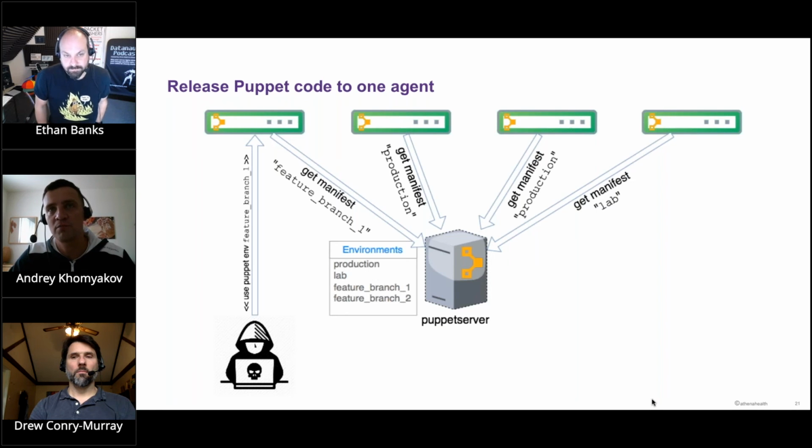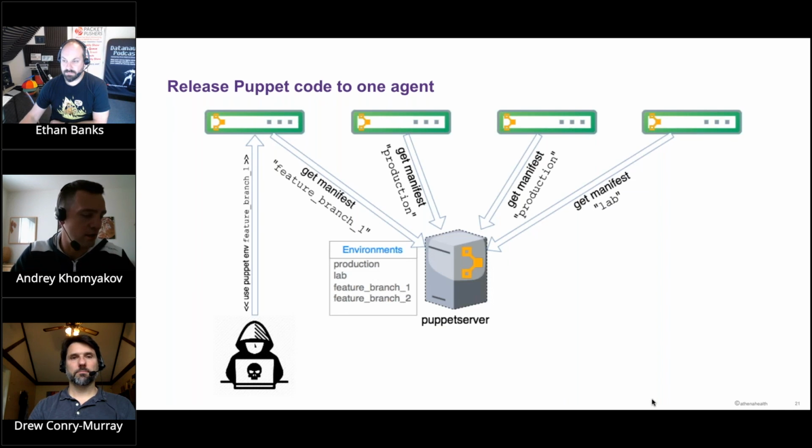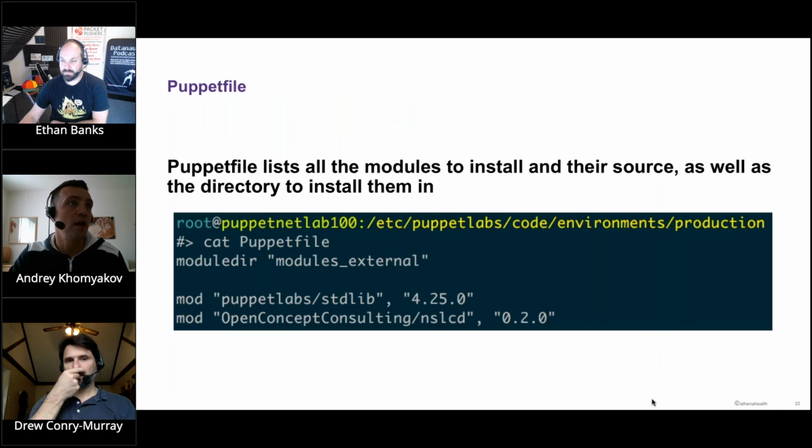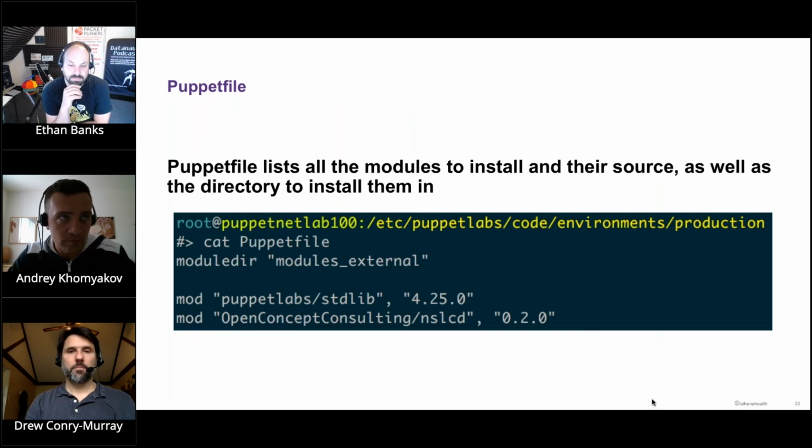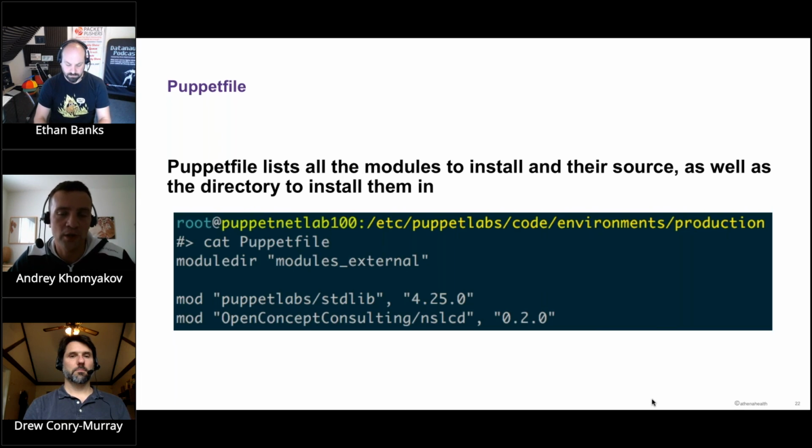It actually just does two things. One of them is building Puppet environments based on branch names, and the other thing is, let's see if we have a slide on that. Oh, and the other thing it does is this. There's also Puppetfile, right, where Puppet, since it's been such a mature system and well used in the server community, there are thousands upon thousands of Puppet modules. And a Puppet module is a bundle of code and data that's designed to